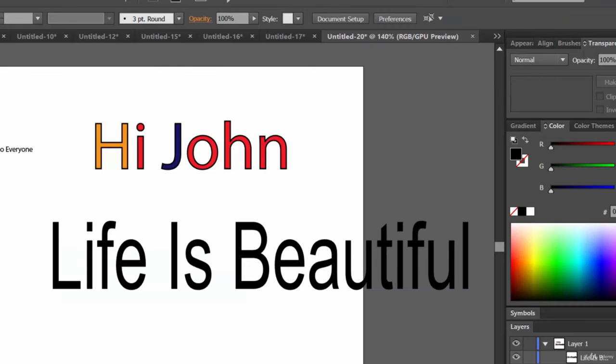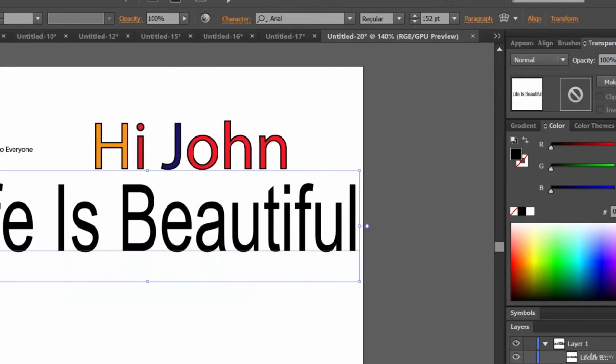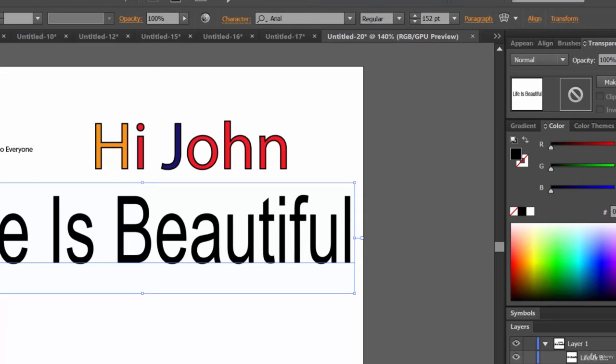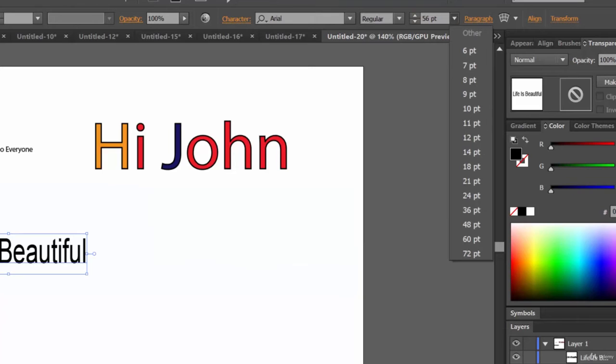Let's come here and see. Now it got implemented. There are many who think that after changing the number here it will automatically get changed, but no, it will not get affected unless you deselect this drop down.